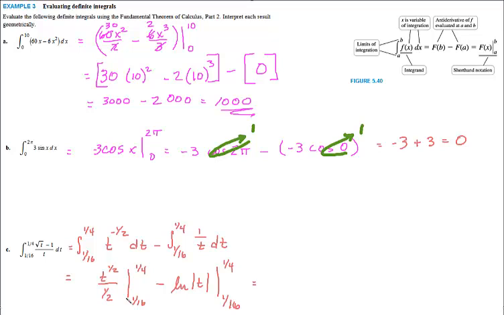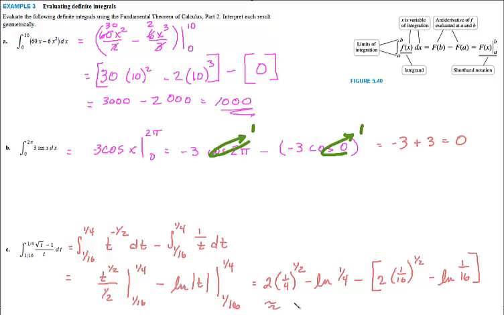And then plugging all of these things in, this is 2, and then I'm plugging in the 1/4, so 1/4 raised to the 1/2 minus natural log of 1/4 minus, this would be 2 times 1/16 to the 1/2, or just take the square root of it, minus natural log of 1 over 16. Then I'm going to do some computation with that, and I'll just chunk it into my calculator,